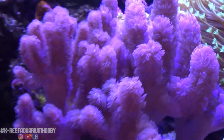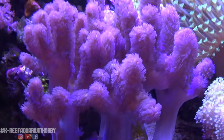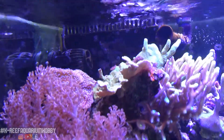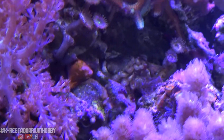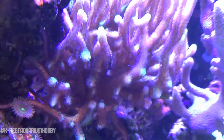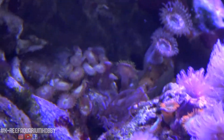So one day when I have a bigger tank for only softies, I really want a big colony of these ones. Then the Kenya tree is doing great. On top here, all is doing great. I had a lot of buttons here, or zoas, sorry, we call them buttons. But they were shaded by this bird's nest. So I broke off a lot of stuff, and they get some more light, but now they get stung